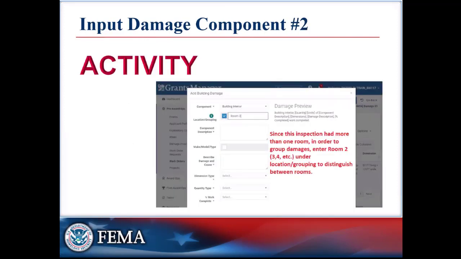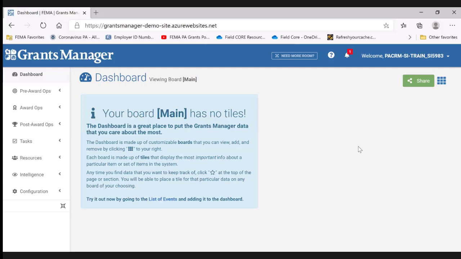So at this point in time, I am going to transition to our Grants Manager demo, and I'm going to input our component number 2. I'm going to show you guys how to do that in more of a live version than in our slide deck here. So I've signed into Grants Manager, I'm at my dashboard, and I want to open my work order